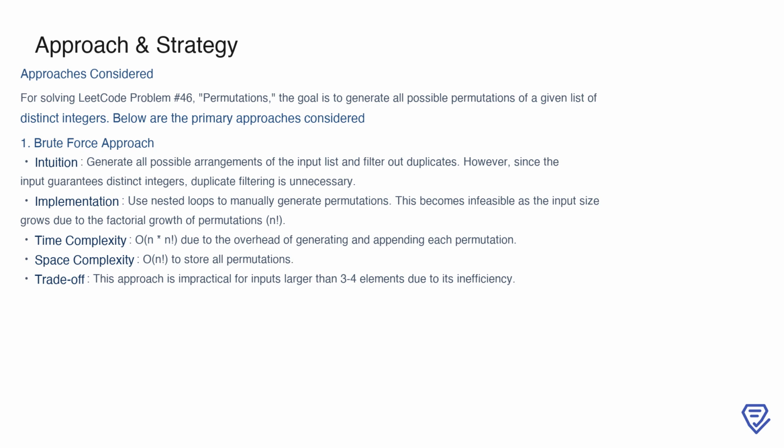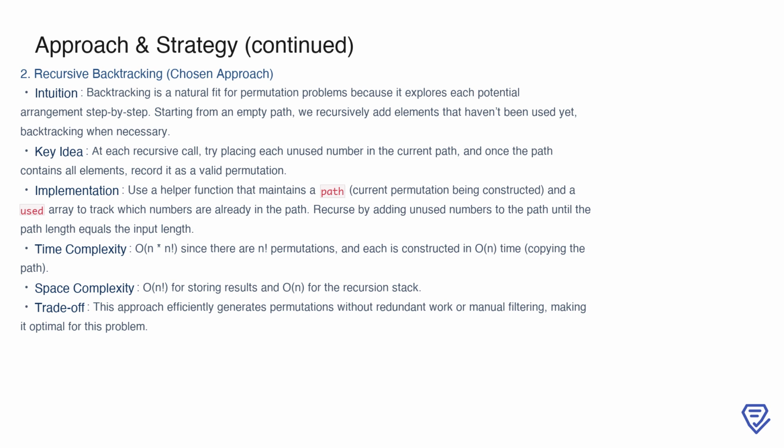This results in a time complexity of O(n * n!), where we not only generate all permutations but also append each one to a result list. The space complexity is similarly O(n * n!), to store all these permutations. For input sizes larger than 3 or 4 elements, this method becomes computationally infeasible, which is why it is not suitable for our needs. Instead, we chose to focus on the recursive backtracking approach, which is much more efficient for